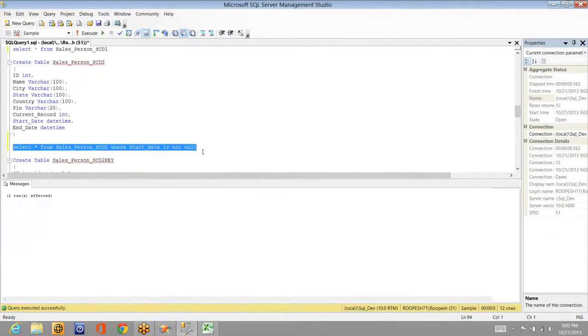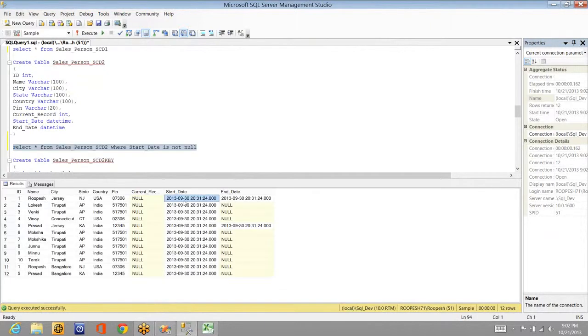Okay. If I execute it now, you can see this guy's city is changed from Bangalore to Jersey. So this is ended here. Okay. And a new record you can find here. Rupesh, the city has become Bangalore from this date this time. It has ended this date this time, and it has become this date this time. So this is how it will be. And in the same way, this is ended. Can you see? So this is how you can maintain start date and end date.